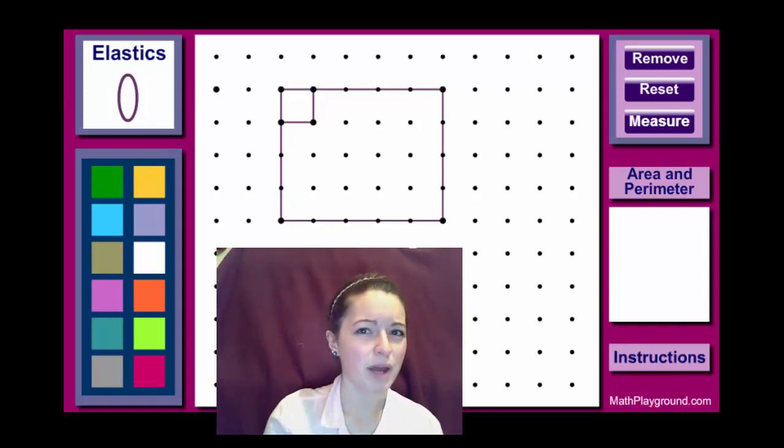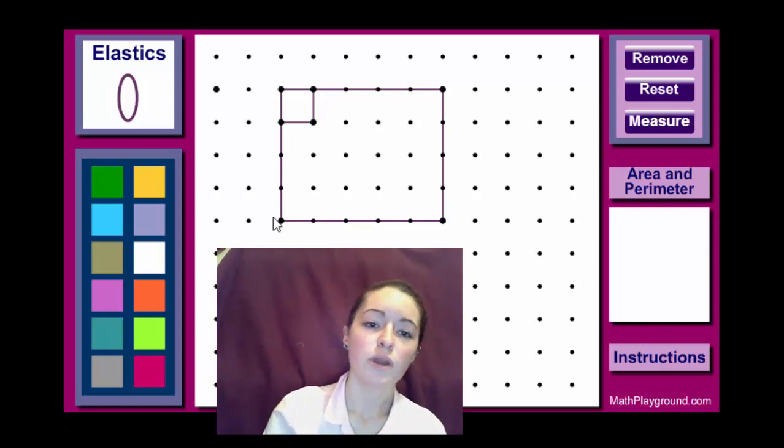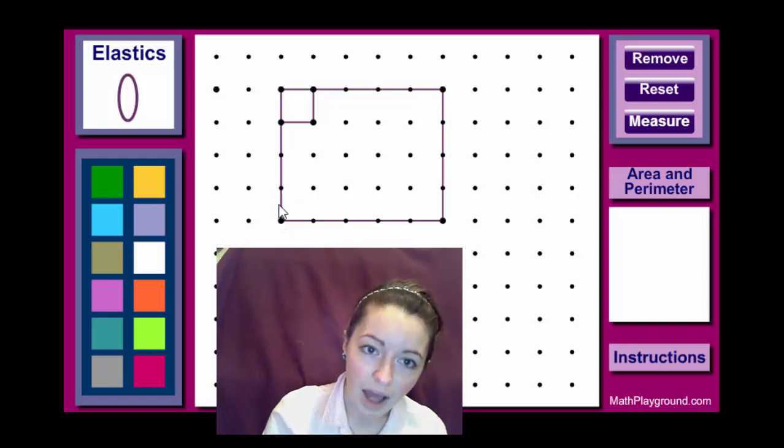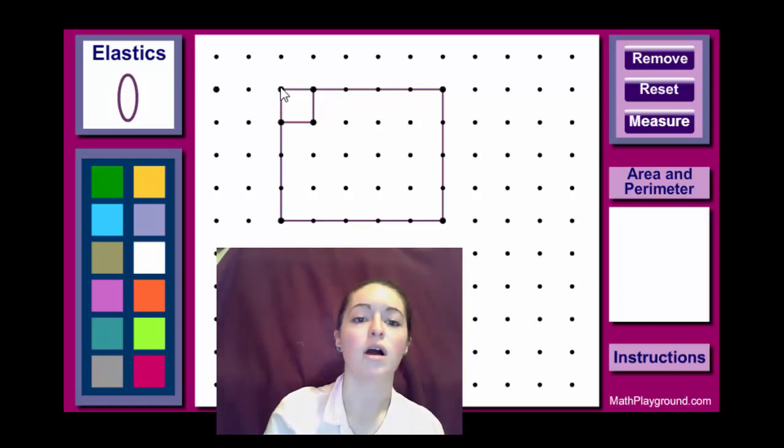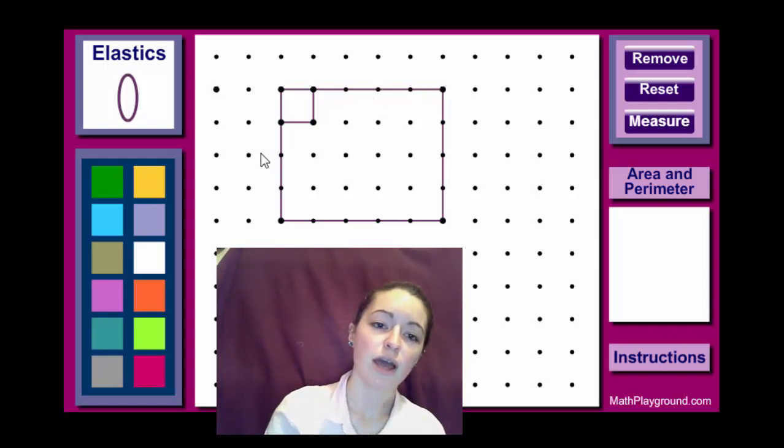So there's got to be a better way to figure out area, because that is going to take too long, especially for really big rectangles. So let's see if there's an easier way to figure this out. So we know that we have a width of 4 on this rectangle and a length of 5 on this rectangle. So if we look at a smaller type of rectangle, we can see